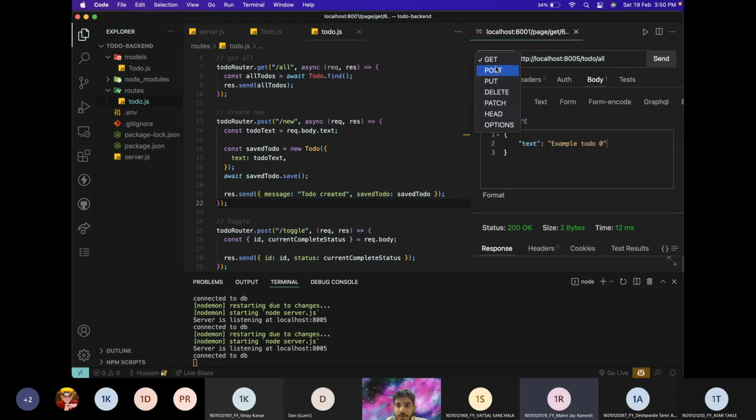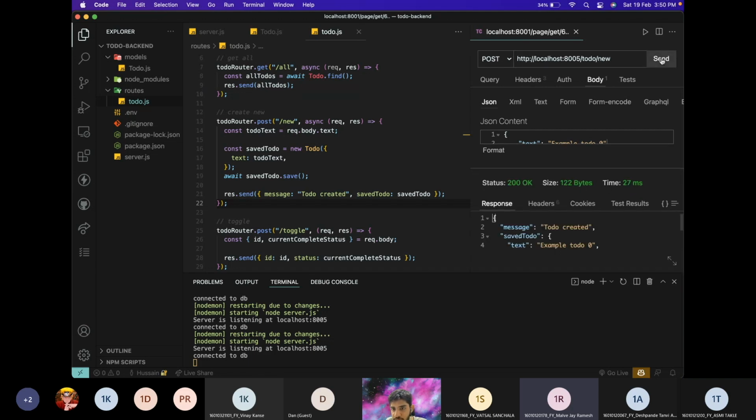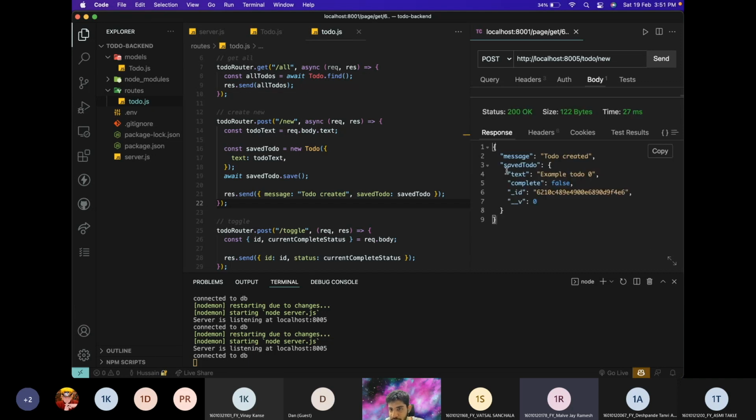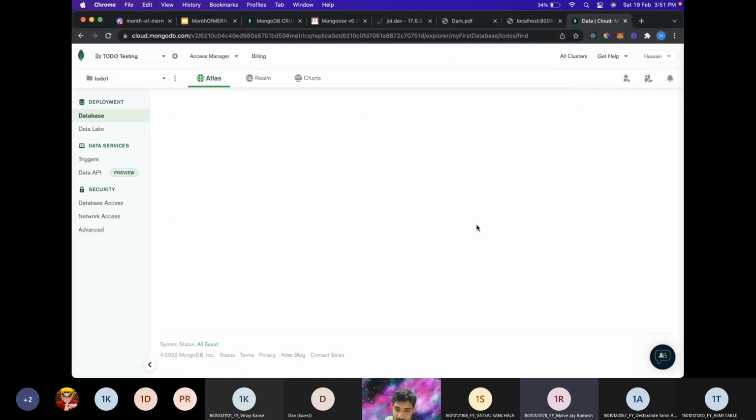And now I'll make a post request to the /new route. And let me just open the response. And you can see that I've got a message of to do created and I've got the information of saved to do. And now if I refresh this,